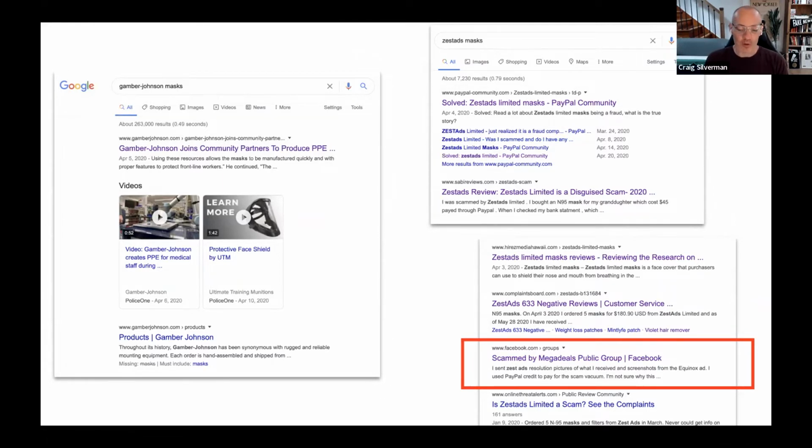And at that point, of course, I'm getting ready to contact Facebook. And in the end, Facebook confirmed that Gamber Johnson's name was improperly listed on that Facebook page. So even though it was listed as the official owner, the real company behind it, which is Zest Ads, had found a way to mislead the information on the Facebook page. So this is, to me, a really big lesson because it looked like that was very reliable, confirmed information.